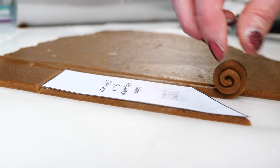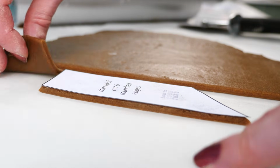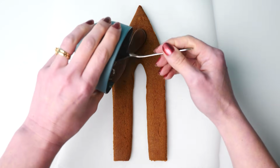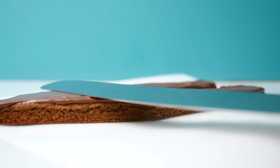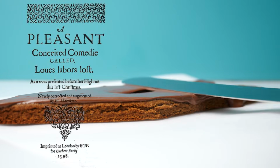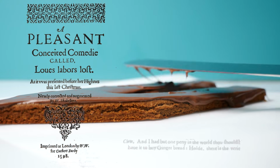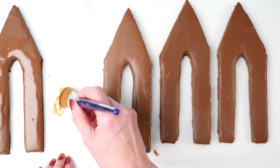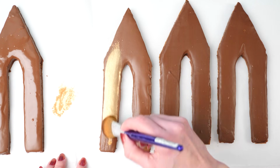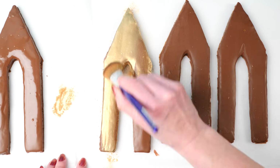Apparently, in the 16th century, Queen Elizabeth I had gingerbread men baked in the likeness of her guests as gifts. And at around the same time, Shakespeare wrote a comedy that was performed for the Queen, in which one of the characters said, "If I had but 1 penny in the world, thou shouldst have it to buy gingerbread." So the Queen obviously liked gingerbread, but in my quest to find the first mention of a gingerbread house, I